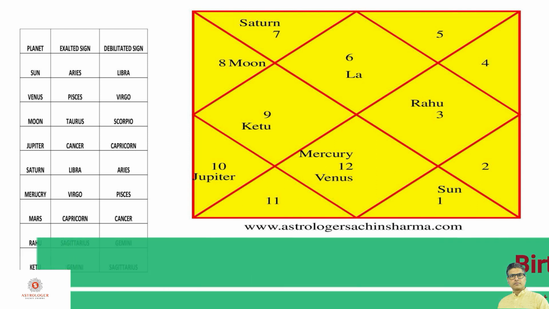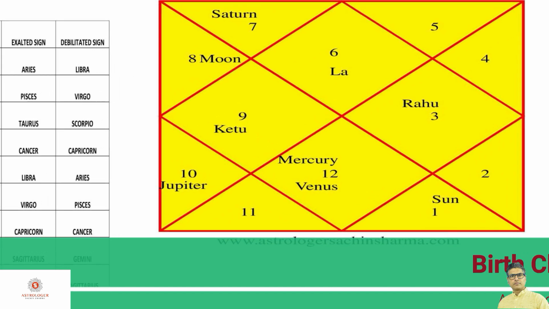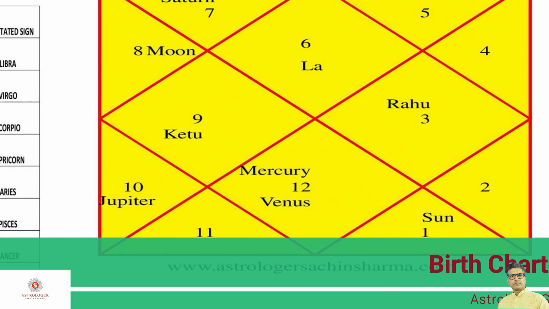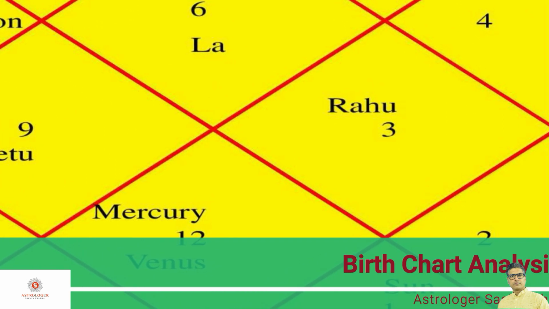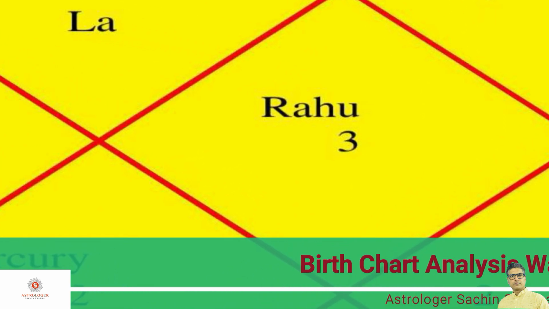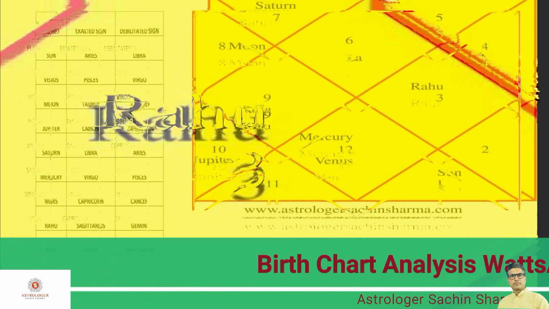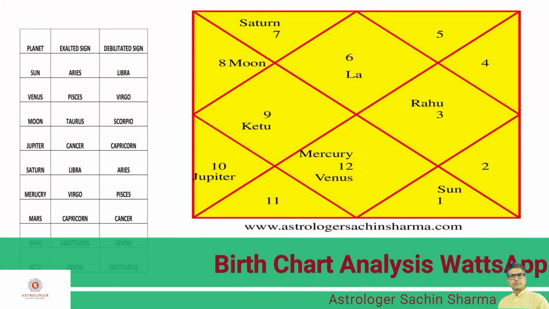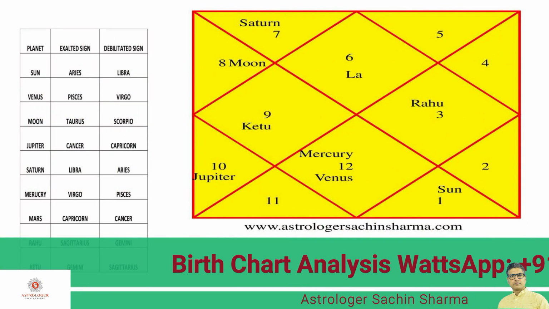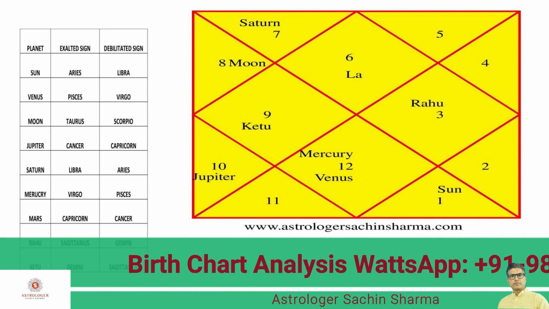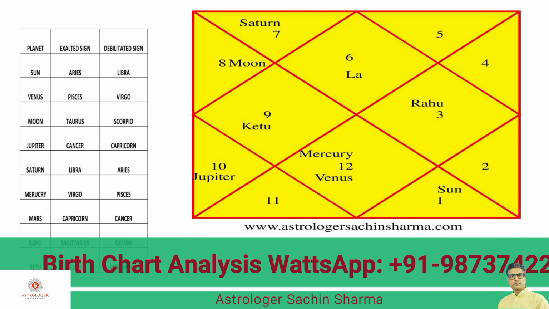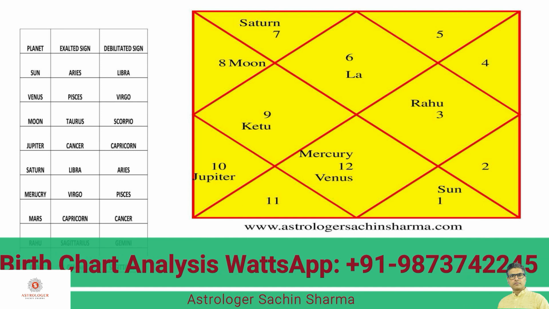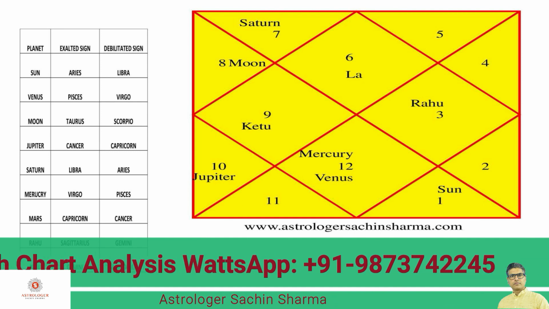So let's move towards Rahu. Rahu is placed in the 10th house, where the lord of the 10th house is Gemini, and for Rahu, Gemini is the debilitated sign, and hence we can say Rahu is placed in the debilitated sign. So you can check your answer and also write in the comment section how much you have scored in this particular test. That will be a motivation factor for the new learners.